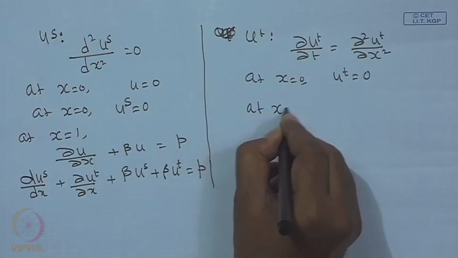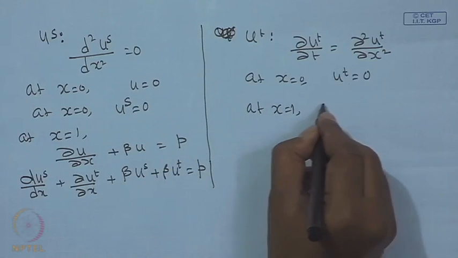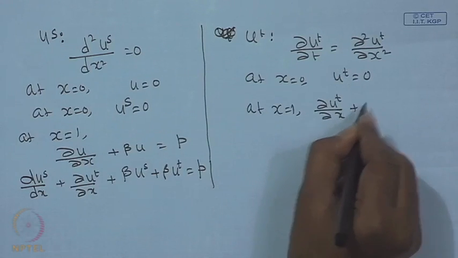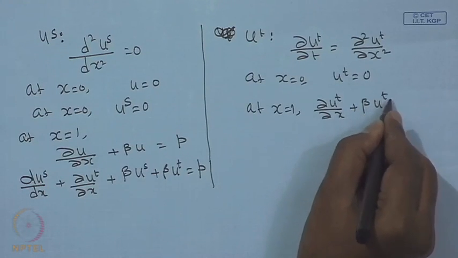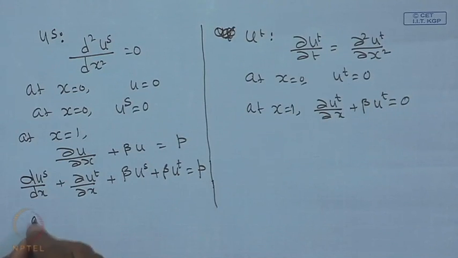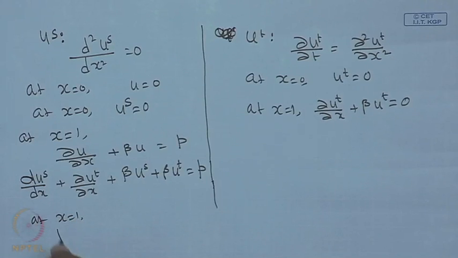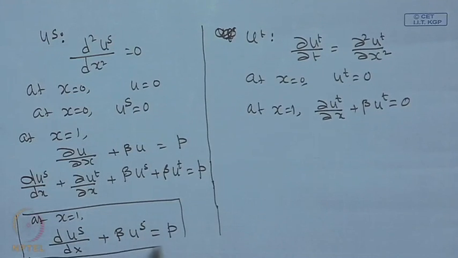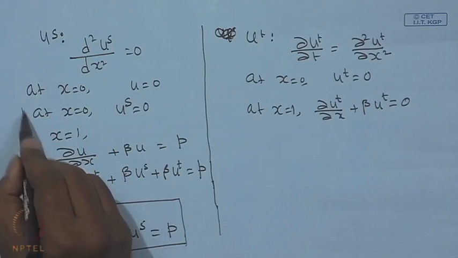That means, at x is equal to 1, we will have del u t del x plus beta u t is equal to 0, and here we will have at x equal to 1, d u s dx plus beta u s is equal to p, that is the other boundary condition. So, these two are the boundary conditions of the